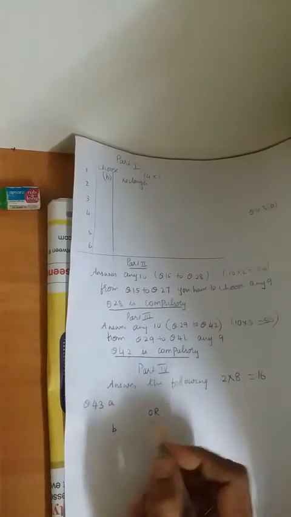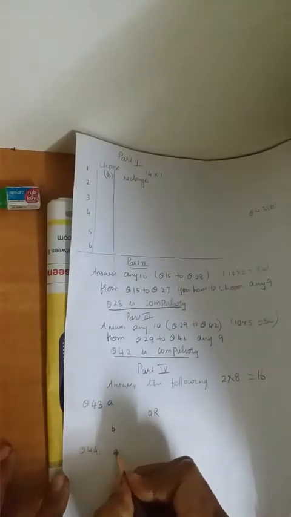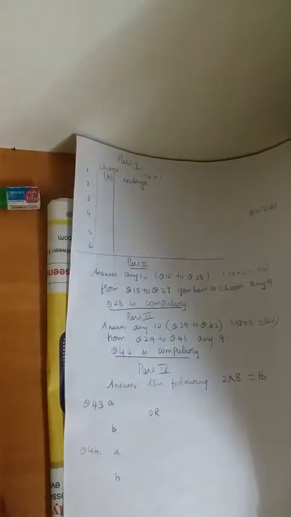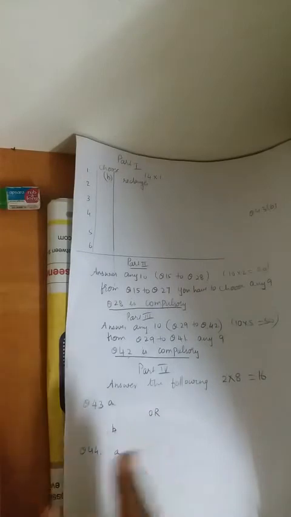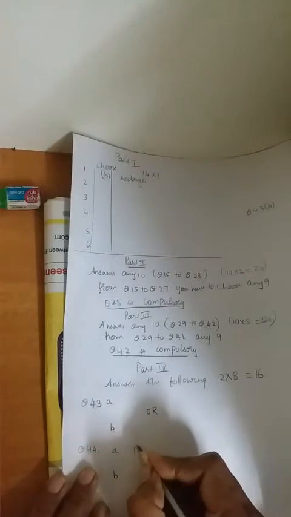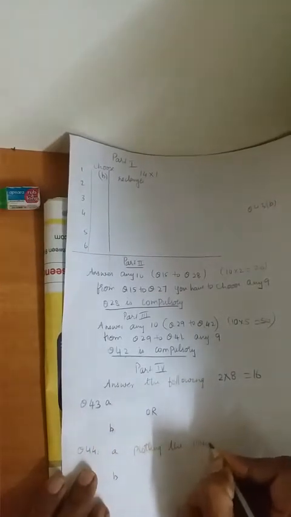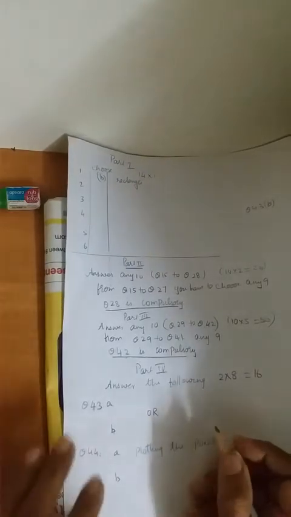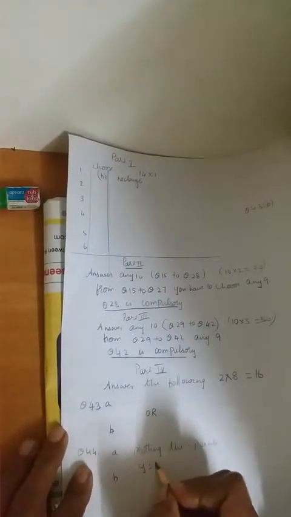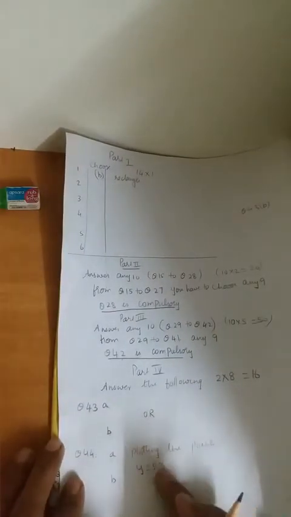Okay, now the last question you have is question number 44. Now in question number 44 also you have A and you have B. Now in question number 44 you have the graph sums. Okay, now in graph sums, where have you learned the graph sums? In your 3rd chapter, the last exercise, you have learned the graph sums. That is plotting the points you have learned, no? Plotting the points. Right? Plotting the points you have learned, or draw the graph of y = 5x. Like this, so many sums you have. Okay? Any two sums will come.